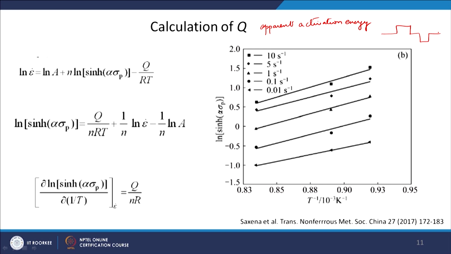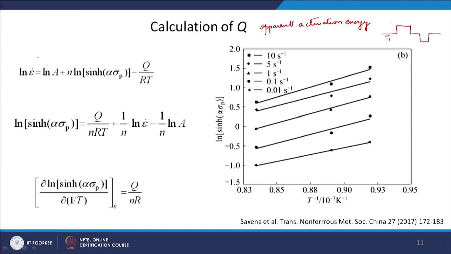Okay. So, by doing that, you are actually trying to have the same microstructure, and in the same microstructure you are changing the temperature, and suppose this is T1, this is T2, this is T3, you will get corresponding stresses. Okay. So, then you will be able to say with more confidence that this is my activation energy of deformation. Okay.